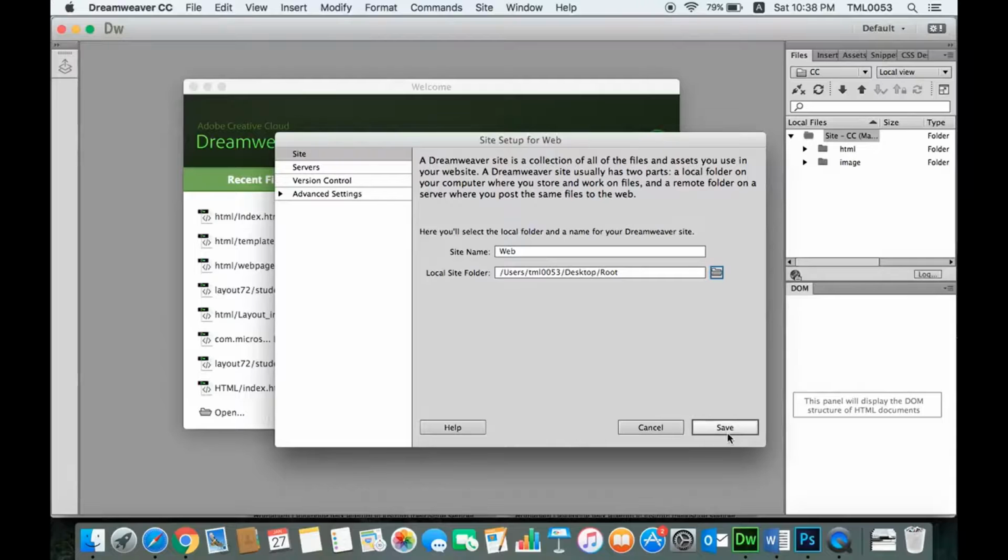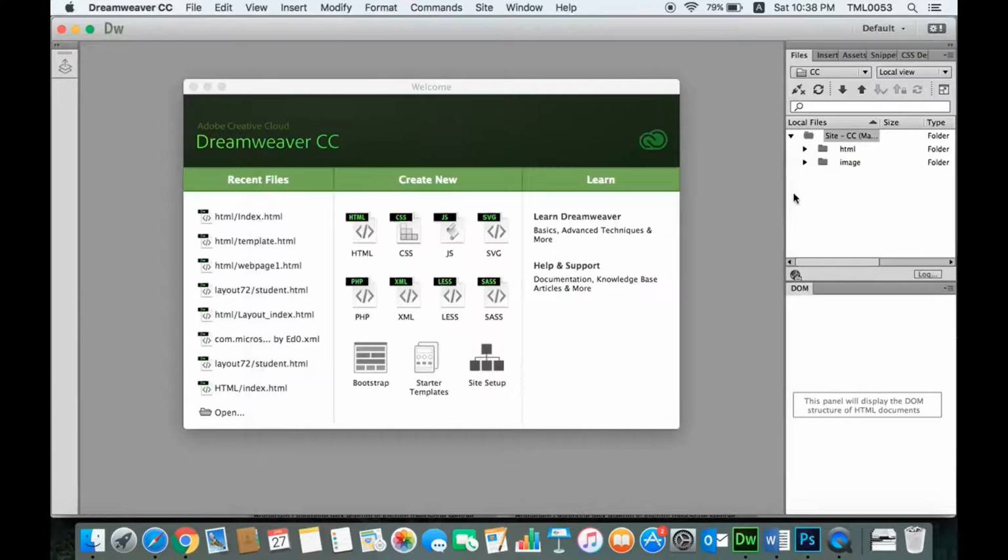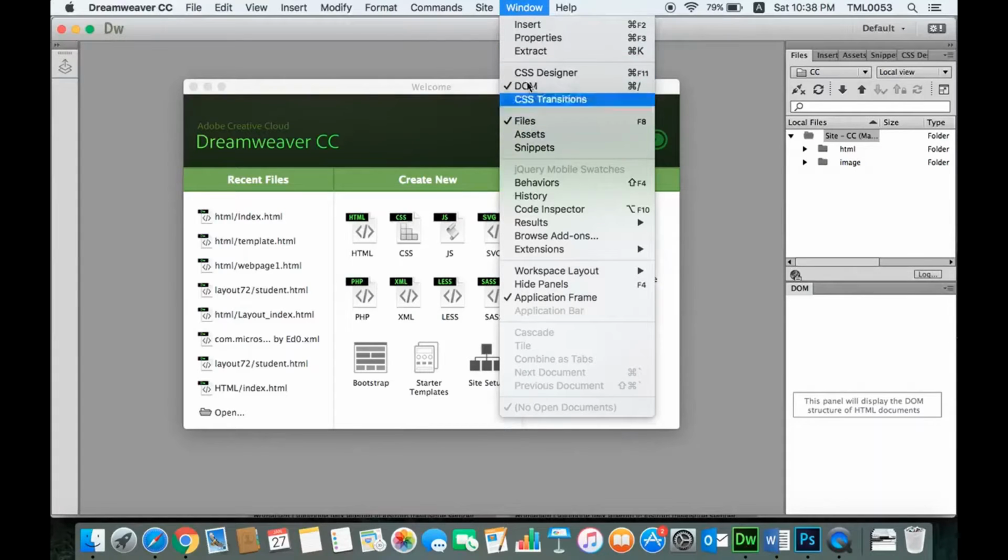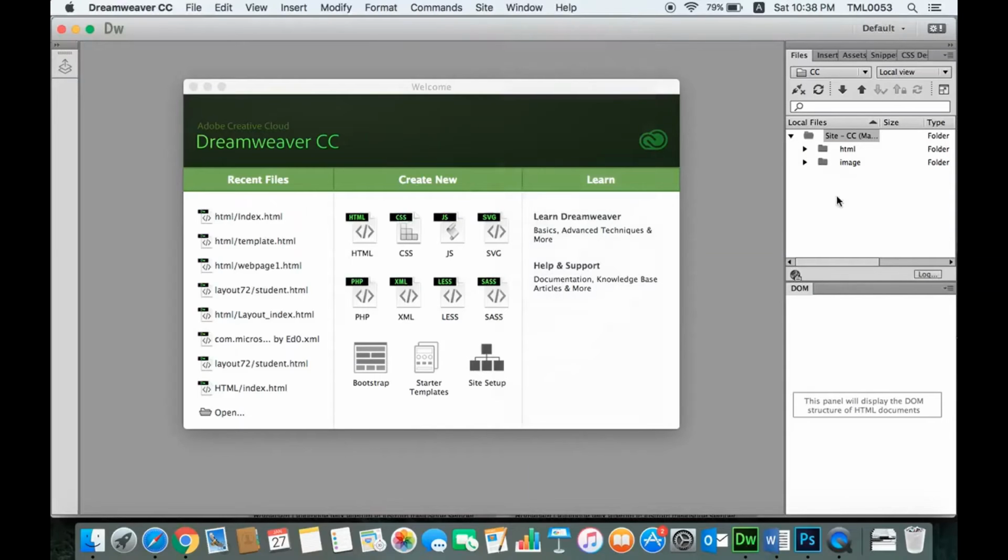All right. So when you click save, this will become like that. This is the files panel. It's on your right hand side. All right. It's always here. If you don't have it, you can actually go to Window and Files. All right. So this is to tell you, okay, you have done this part. You are safe. All your files will go in and out through this